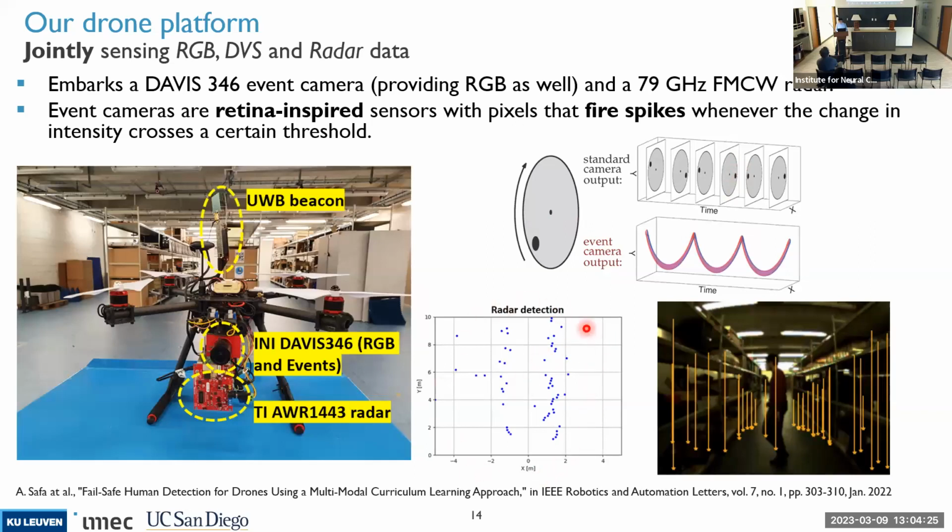Here you can see also an example of radar detections. A radar will typically provide you detection information. So, for example, if I have certain reflector objects somewhere in the scene, it will provide you this bird's eye view, this range-azimuth kind of view that you see here. So this radar detection was acquired while the drone is flying between these shelves, these kind of storage shelves. You see the detections follow the storage.